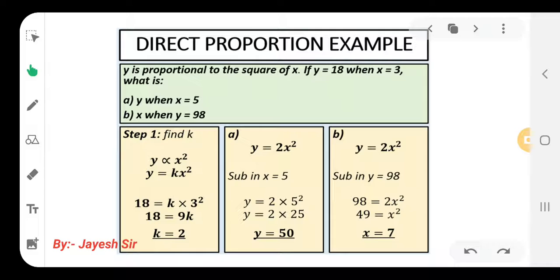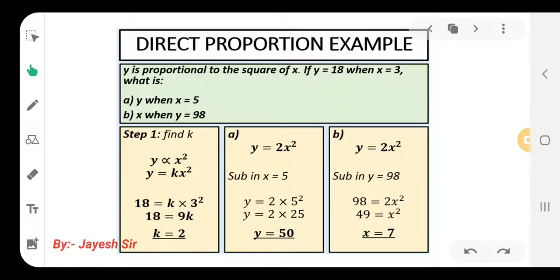So the statement we have written is y is equal to kx square. It was there, right? But we have found the value of k as 2, so substitute the value of k directly as 2 and x square as it is. Now what is to be said in a? Substitute the value of x as 5. I am substituting the value of x as 5, 2 as it is, 5 square, that is 25, 2 into 25 will result in 50. So the value of y we are obtaining over here is 50. Similarly with the b one, I hope you all might be clear.